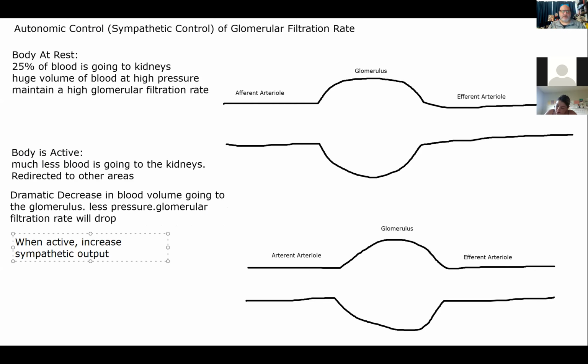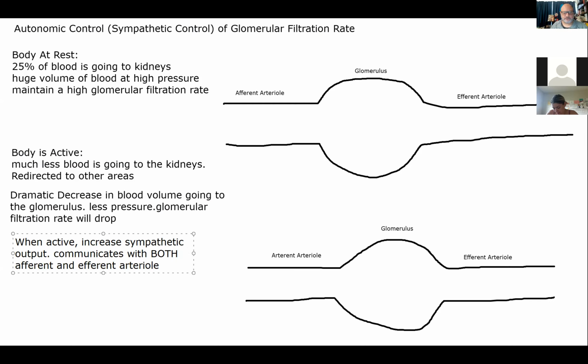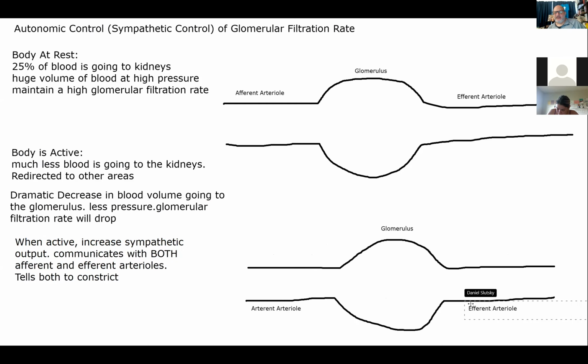And here in the kidney, our sympathetic nervous system communicates with both the afferent and the efferent arterioles, and it tells both to constrict. Let's think about why that would be advantageous. What's the advantage